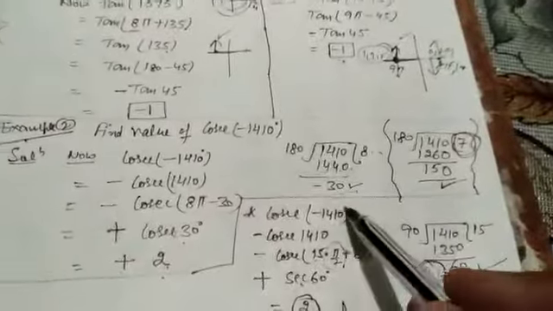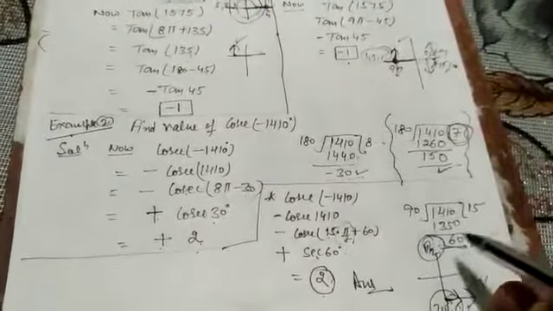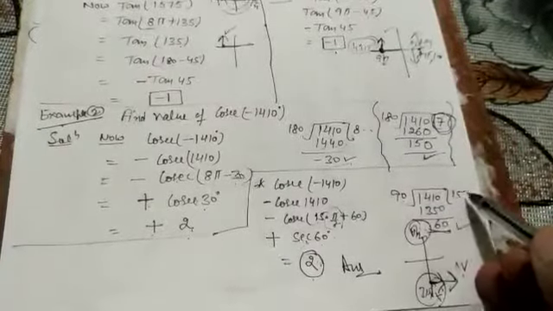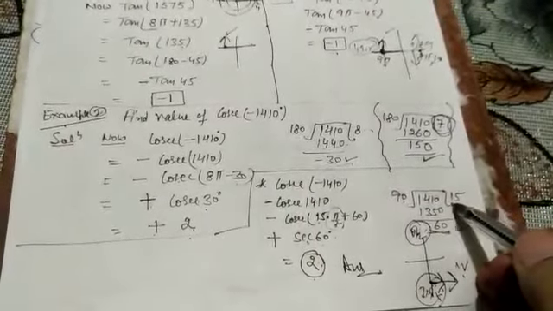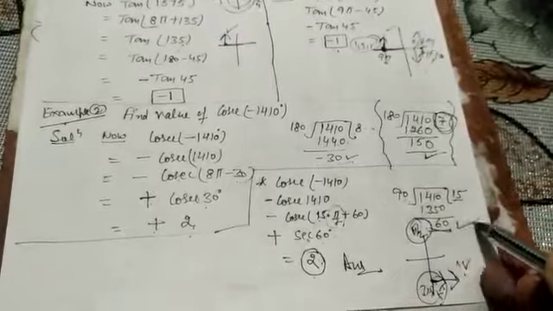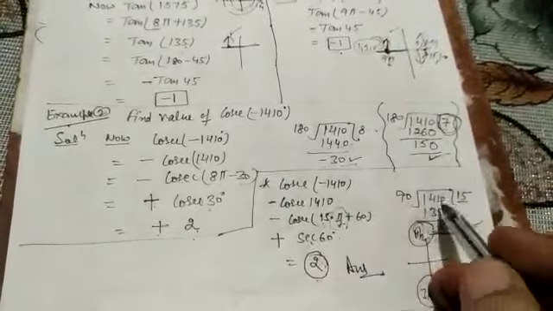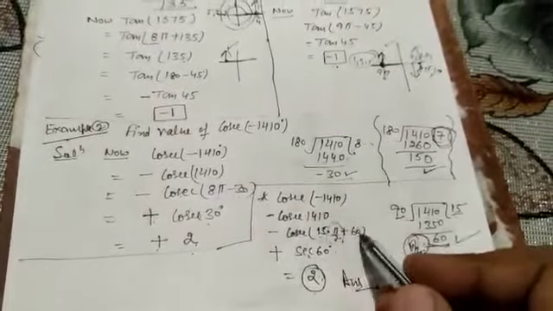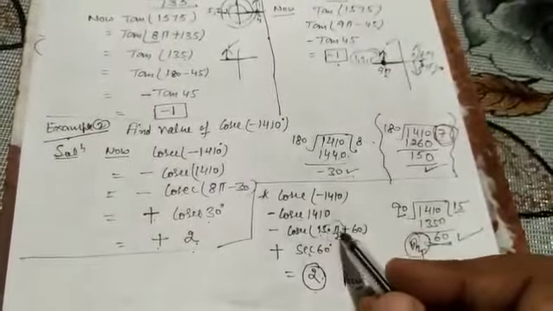Similarly, if you want to solve any question by the help of 90 degree, you can also solve it. 1410 is divided by 90. We will divide it by 15 and the remainder is 60. Now it is 15 into pi by 2 plus 60. In case of pi by 2, this cosec changes into sec.